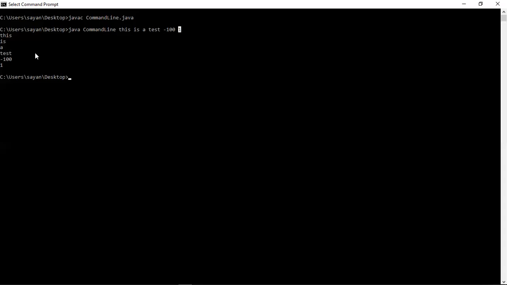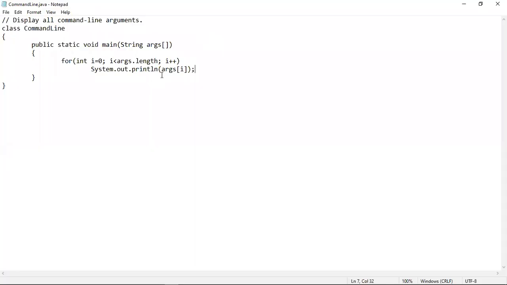Now after that, we have printed the arguments one by one starting from the base address 0, and that's why all the arguments are printed here. And in the program, I have written System.out.println, and for that ln, every argument is printed in a new line. Let us go back to the program. So this is how command line arguments are being executed. Whatever arguments you are passing in command line will all be stored into this ARGS array starting from the base address 0, then 1, then 2, and so on.